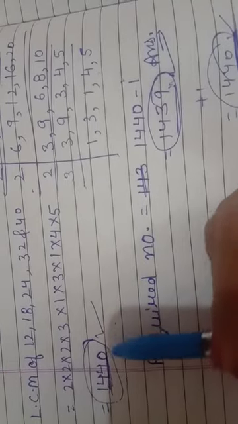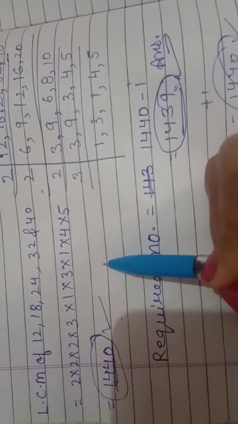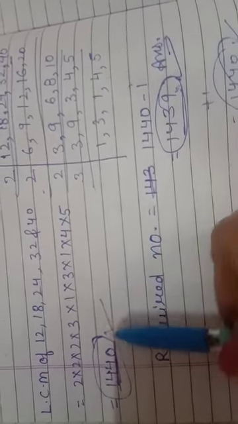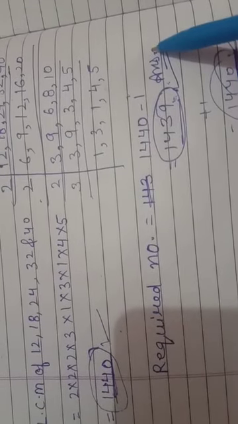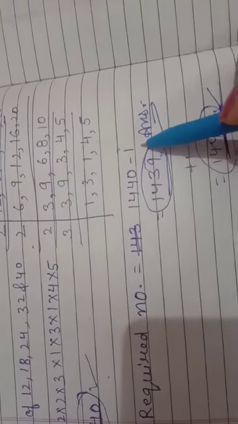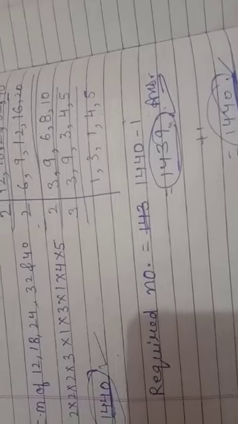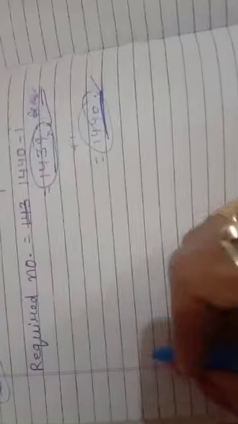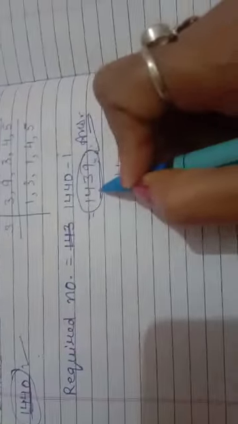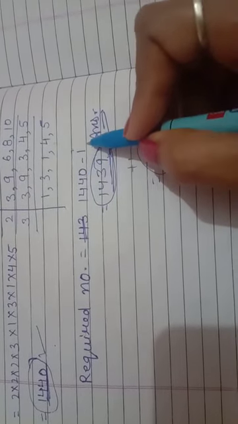Beta, don't get confused by the statement that he said increased by 1 and think you can increase the number by 1. No, this is not the solution. This is not a right choice. So we have to subtract 1. If he is talking about increasing by 1, then we will subtract from the number. If he is talking about decreasing by 1, then we will add to the number. Okay. So this is the answer of this question: from the LCM we will subtract 1 and we'll get the answer.